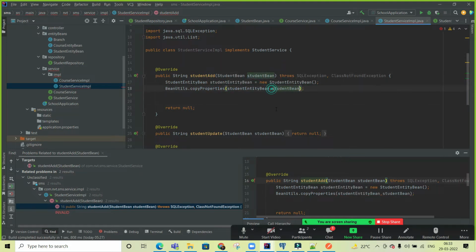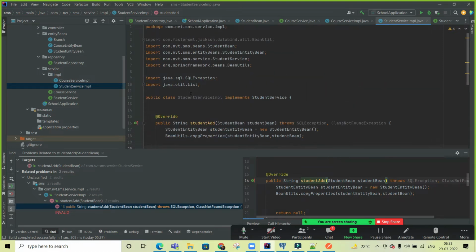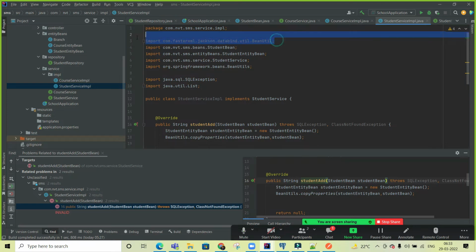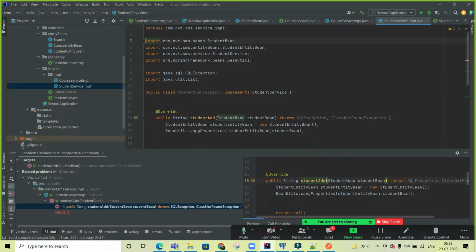So I copied from this to this. This is the copyProperties method inside this. And this is a method from the Spring framework, BeanUtils, instead of having the bean especially, because